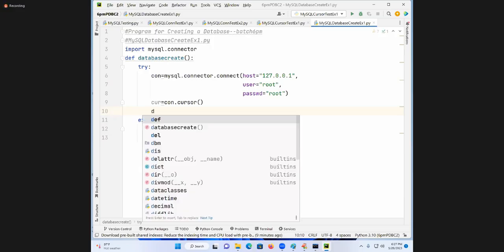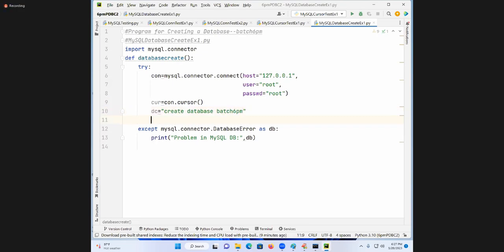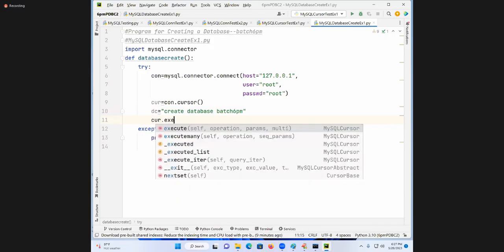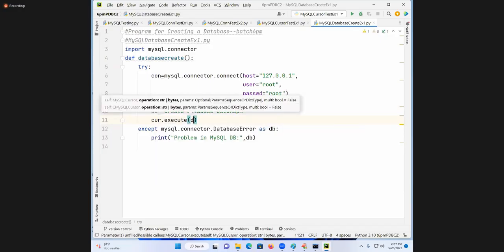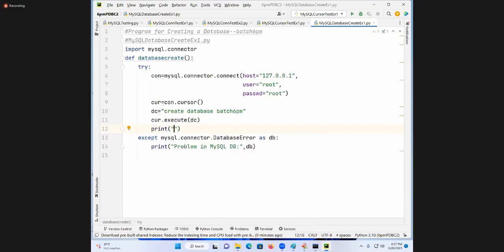Database creation: dc is equal to, as I told yesterday, create database followed by the name, batch 6 pm. Then cur.execute(dc). Once it is executed successfully, I print database created